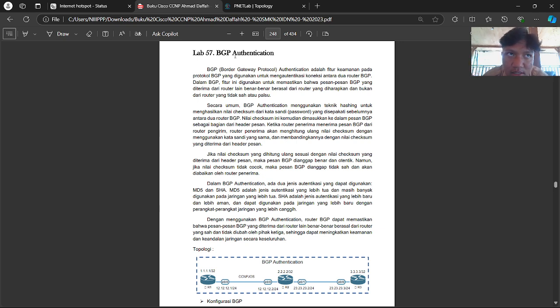But if the checksum is false, the BGP cannot accept it, it just declines the message.